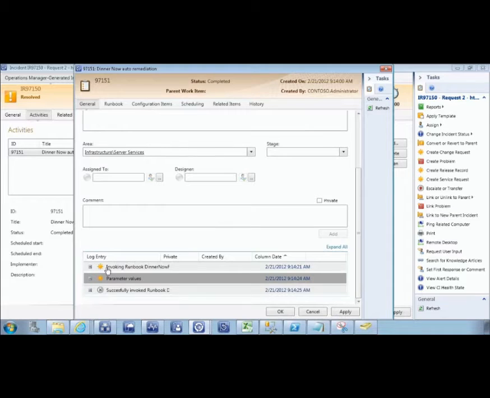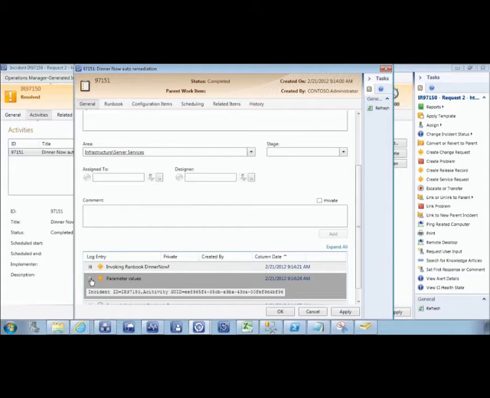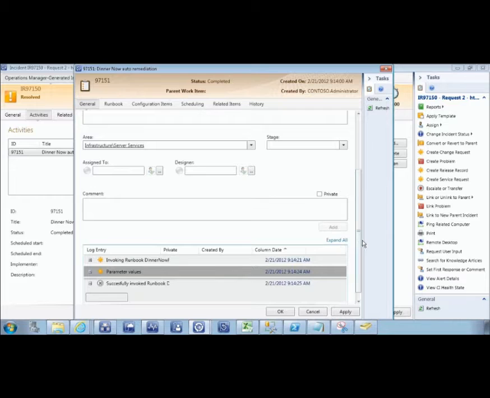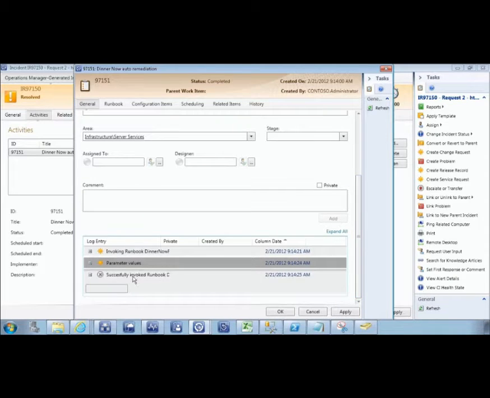we'd see our log entry. We've invoked my runbook. We see our parameter values. We see that it was successfully invoked. If it failed, we'd see the runbook having failed, and we can take action there. We can then link out. We see over here on the